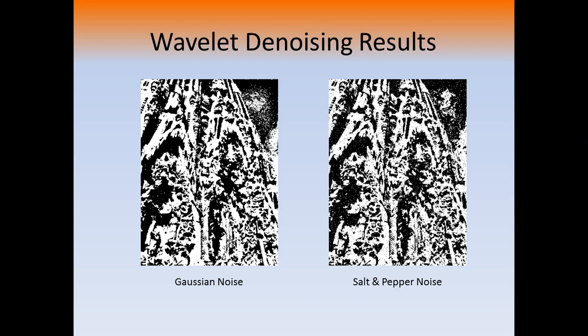Now, in each of these images, there's definitely some extra noise in the background, but all in all, the Gaussian noise was eliminated fairly well, especially in the foreground, and the detail kept very well. The salt and pepper noise, however, didn't seem to be eliminated at all. You can see it in the white dots all throughout the foreground and the background, and it's still a very